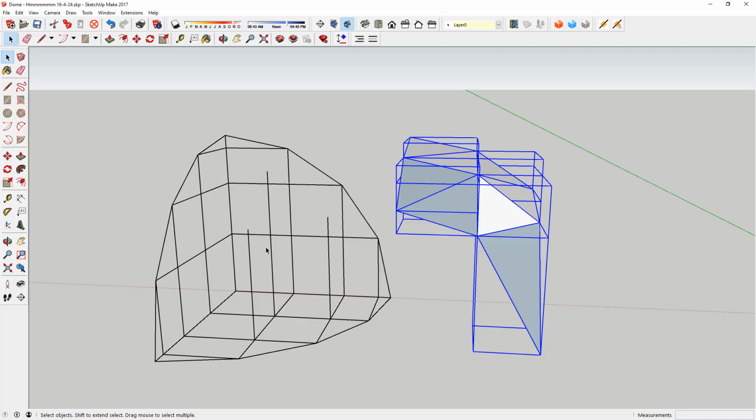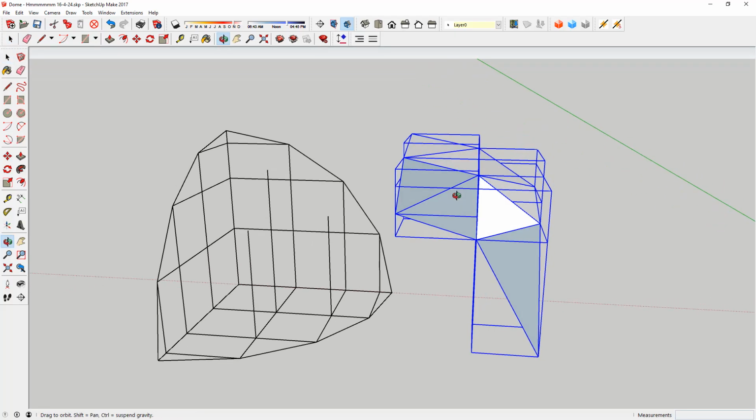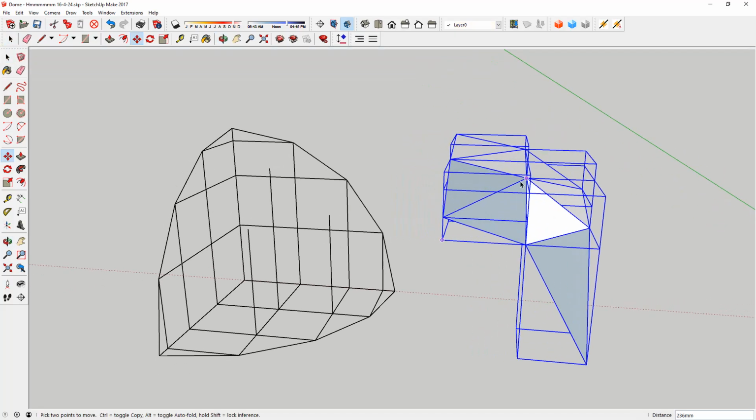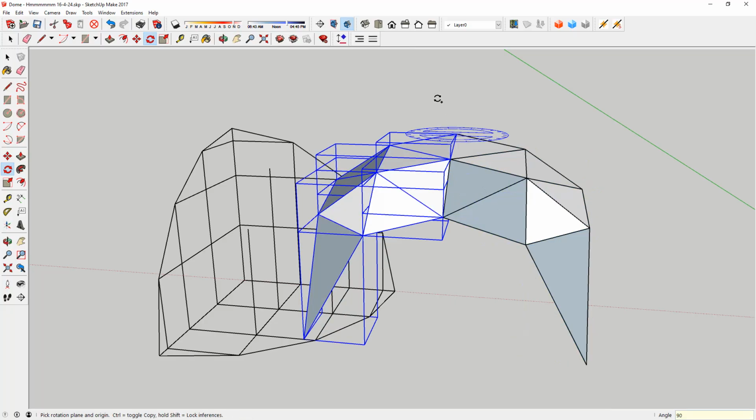This is, I'm going to use the words incorrectly again, I know, but this is the standard version of doing it, and it results in having this leggy dome. In fact, I will select all of those, move them out, and rotate them around 90 degrees times 3 to give me that.